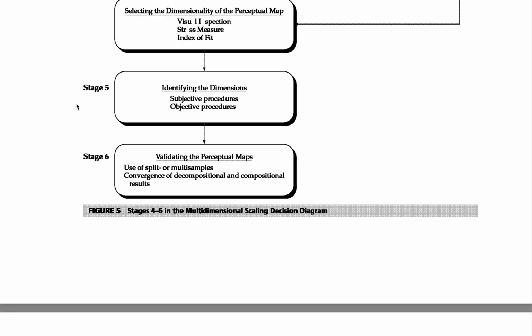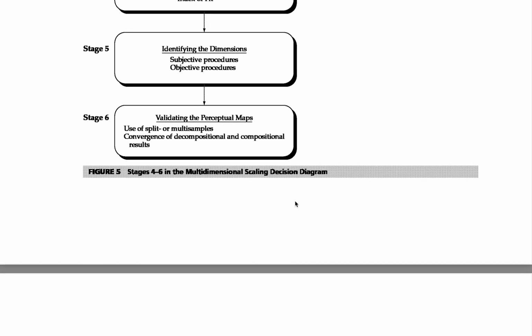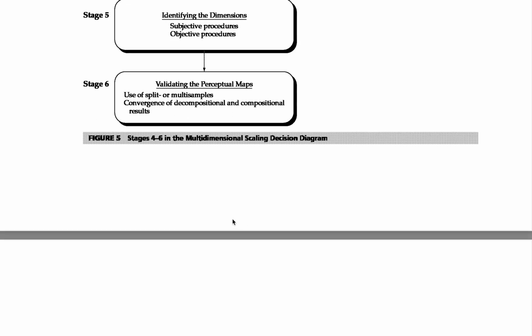In this stage 5, identify the dimensions, using the subjective procedure and the objective procedure. Stage 6, validating the perceptual map, using a split of multi-samples and convergence of the decompositional and compositional results. Stage 5,